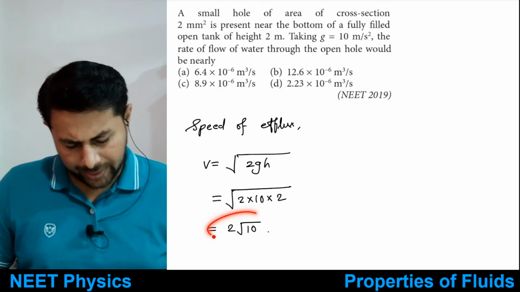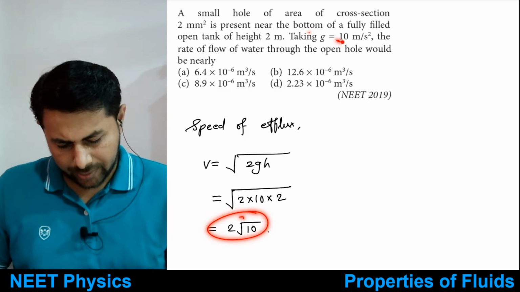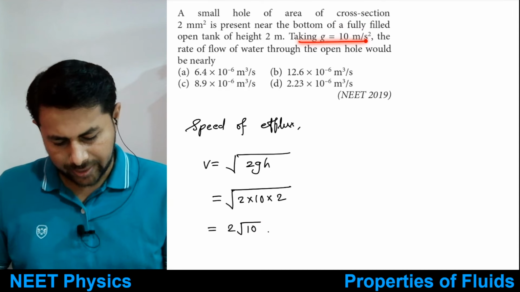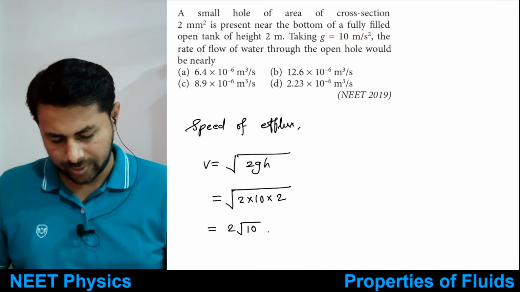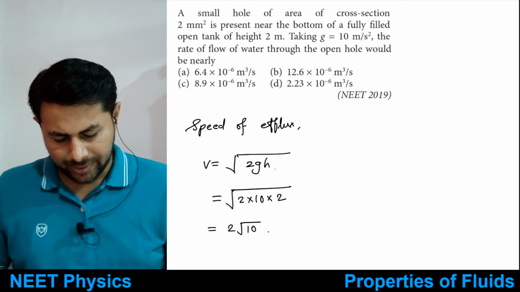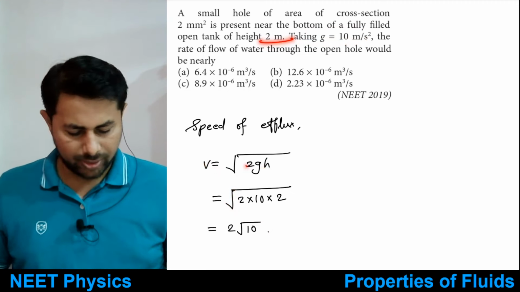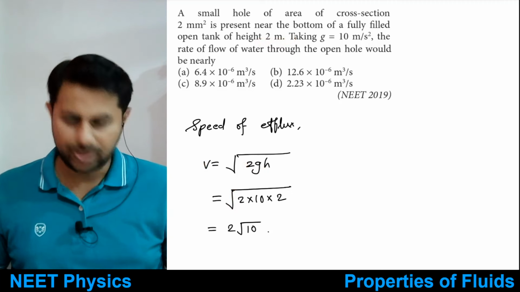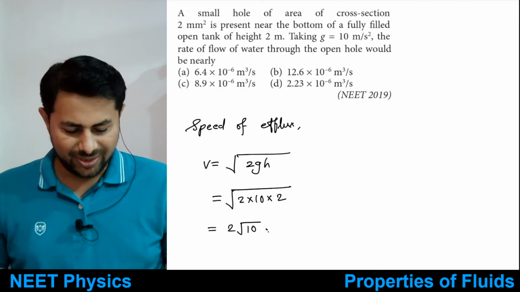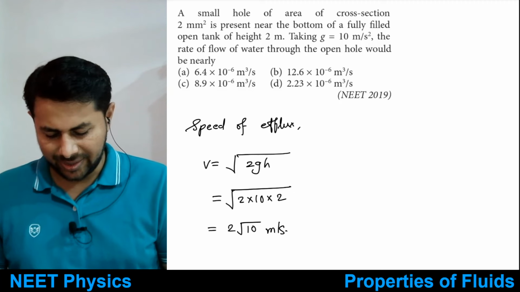Can we do better here? They say take g is equal to 10. So v is equal to square root of 2gh. h is 2 meters. So it's 2 root 10 meters per second. All right. And then